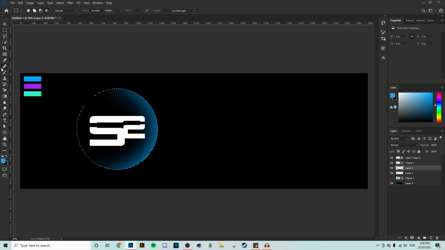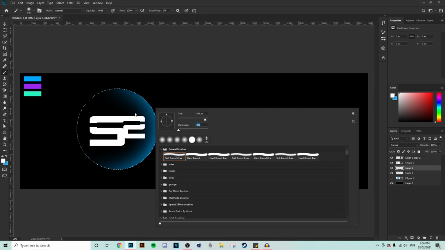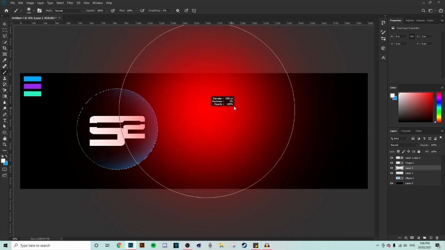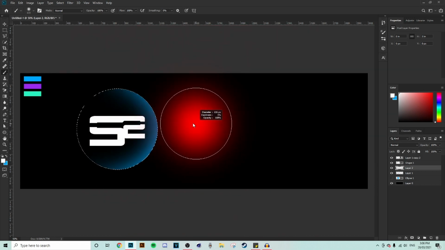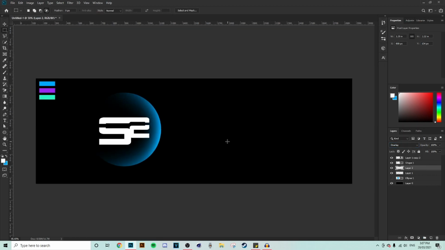And then we're going to make another layer, and we're going to use a white brush here. Make sure that when you're using your brushes, they're all on 0 hardness. To change the size of the brush while you're using it, you just hold Alt and bring it diagonally across like that, and that will change the size. So we're just going to go back through the middle section here with a white brush, and then change the blending to overlay, and that'll give us a nice sort of glow coming from this side. Alright, so there's our